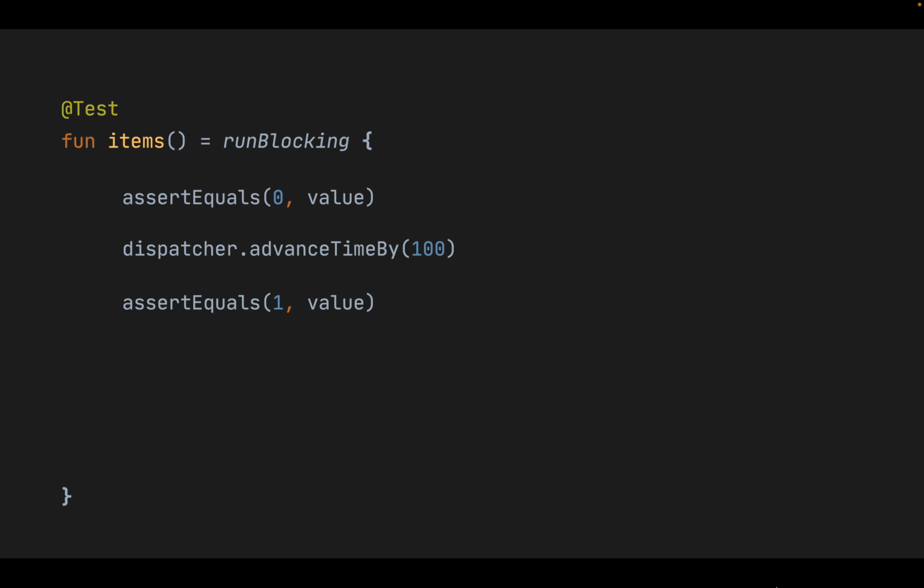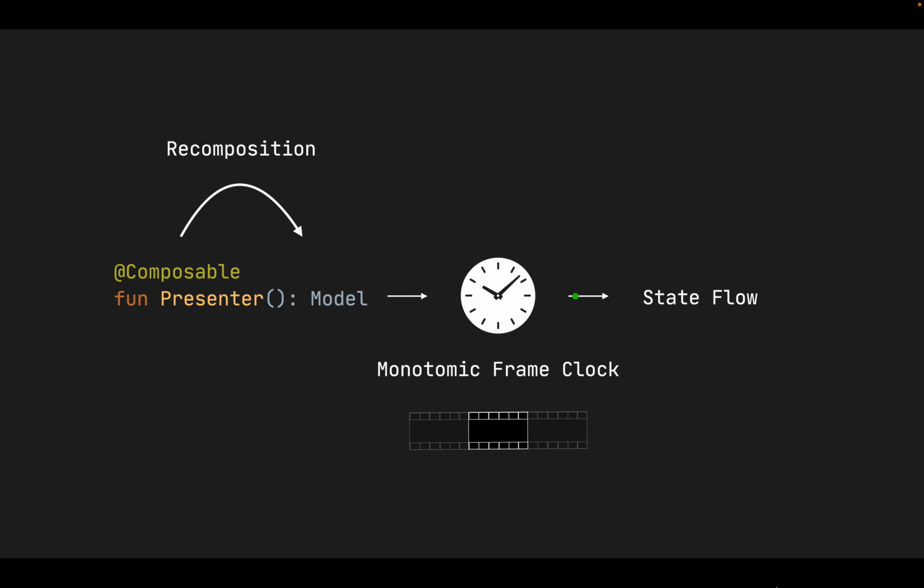So we're going to assert that the value is 1, and what you'll find is that the test is actually going to fail. And the reason why it's going to fail is that even though it went through and recomposed, one of the things that didn't happen was that we needed to send a frame. We need to tell our broadcast frame clock that we're using to send a frame. And when the frame is sent, and then when a recomposition happened, then it's going to basically push to the